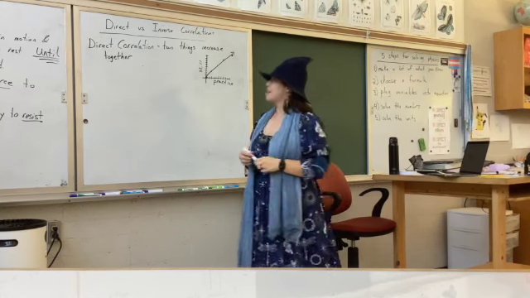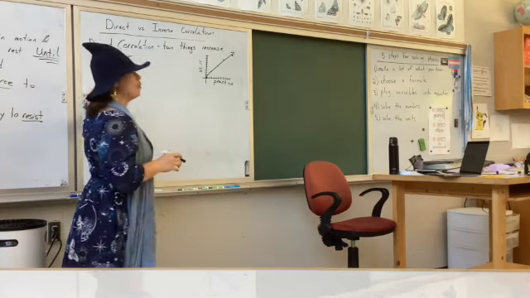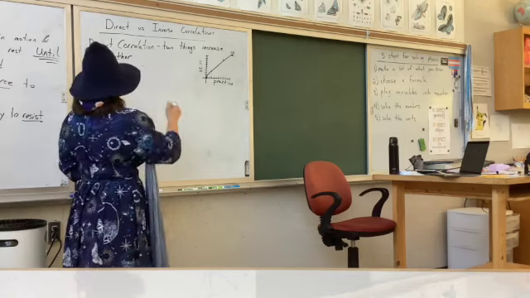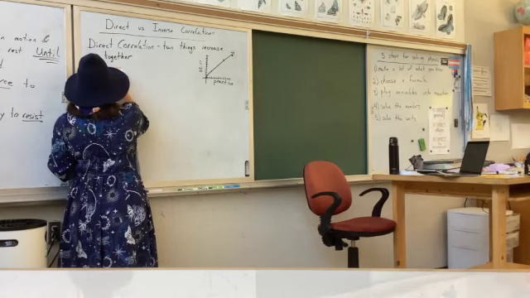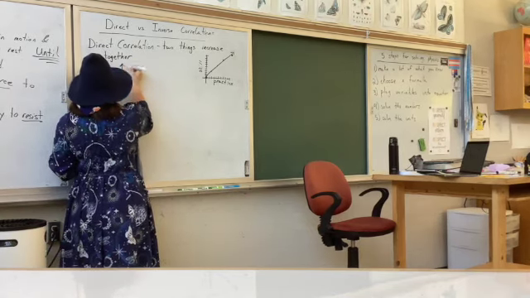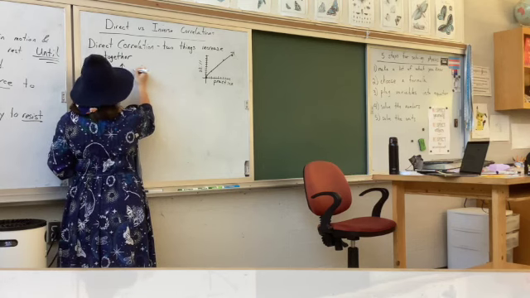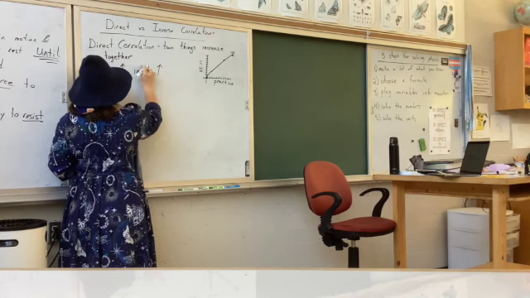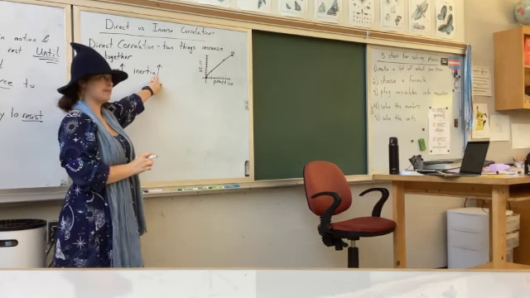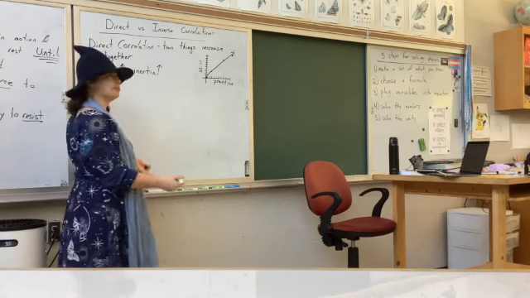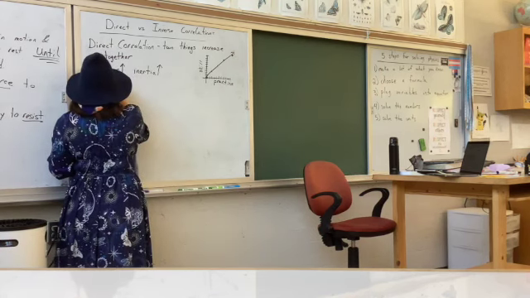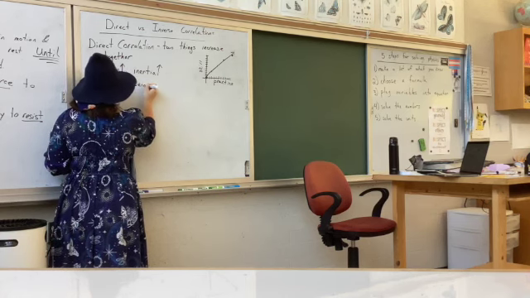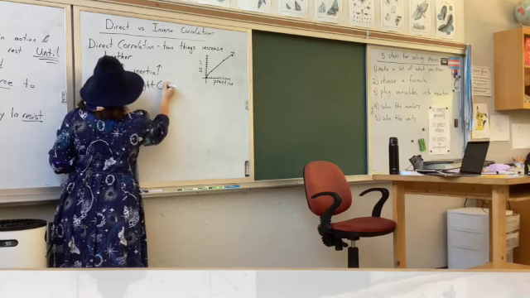All right. When it comes to our physics, we have a couple of examples of direct correlations. Mass is directly correlated with inertia. So if our mass increases, so does our inertia, because inertia is a property of matter. Mass is also directly correlated with weight, which is also known as the force